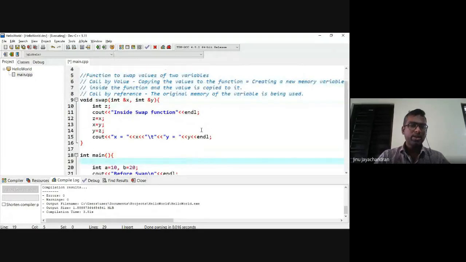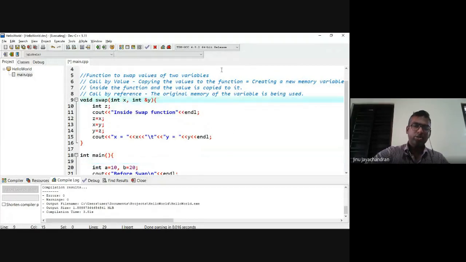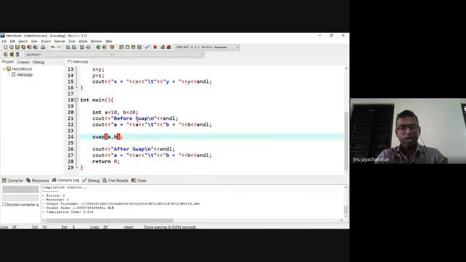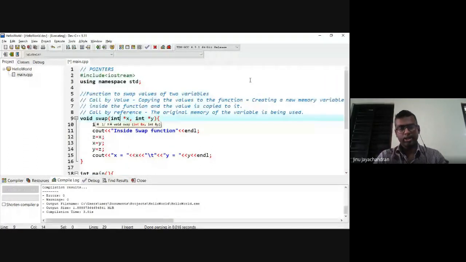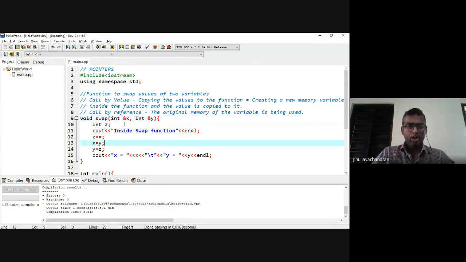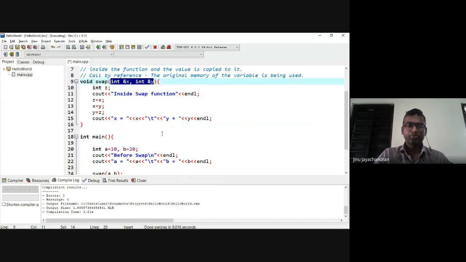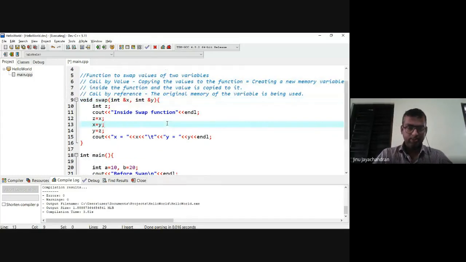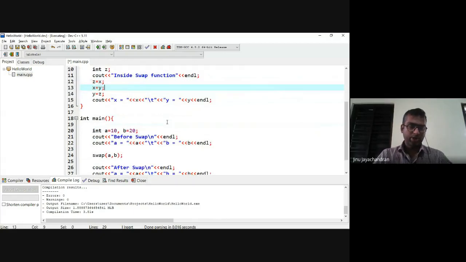In C, you might have a different notation. Instead of star, you will use this, like this, and you might pass it like this. I don't want you to confuse both, but I'm just mentioning that you pass like this in C. In C++, it is a bit different. In C++ also, you can use the star notation, but from a readability point of view, it is more advantageous to use the ampersand notation. So this is how you do it. This is called call by value and call by reference.